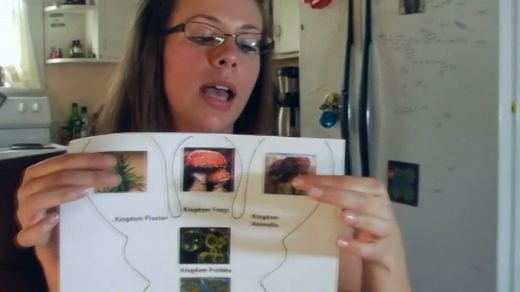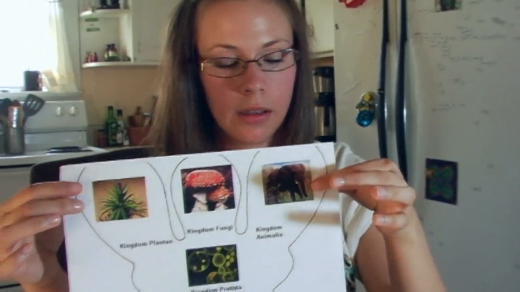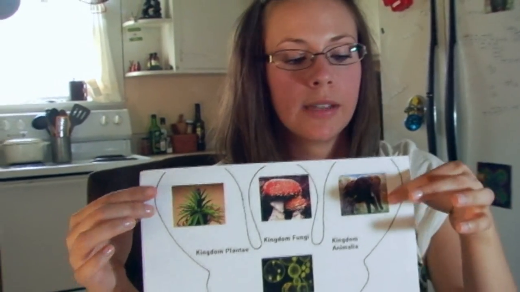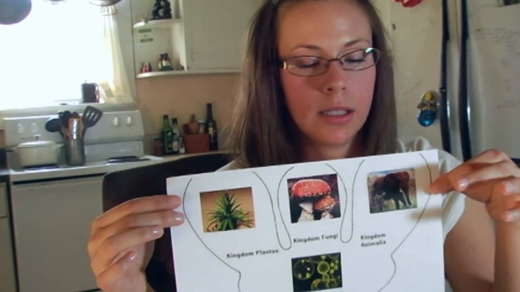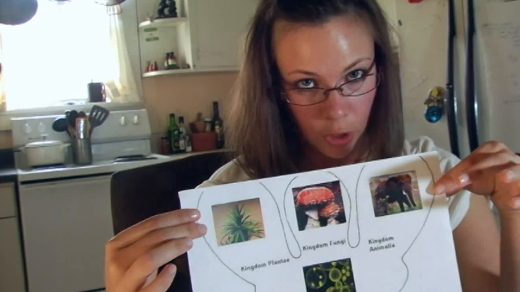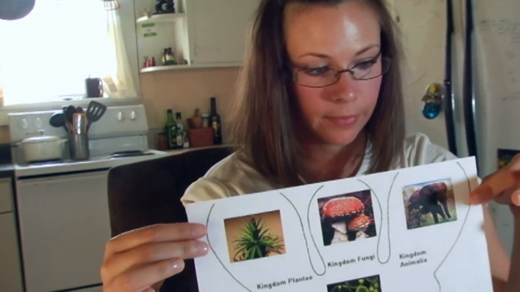So we're going to be looking at Kingdom Animalia. More specifically, Kingdom Animalia is broken up into 2 main groups, vertebrates and invertebrates. Vertebrates include phylum Chordata or chordate. They have a backbone, and it encompasses reptiles, fish, mammals, amphibians, and birds. The invertebrates are actually more diverse, and they have